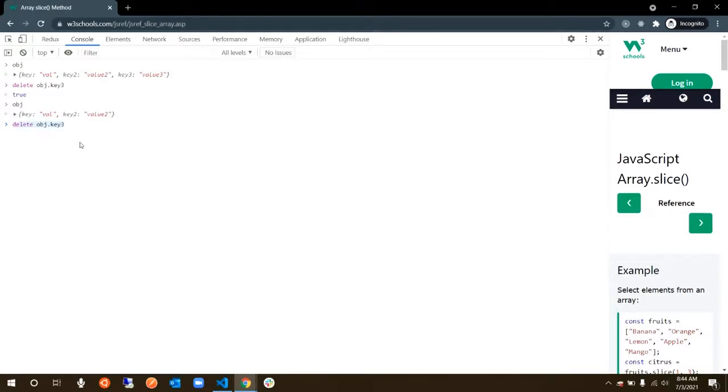Go ahead and do that as an exercise: delete only the value for an object property. It should say key2 is equal to undefined or key2 is equal to null. How do you do it? One way is directly by doing object.key is equal to null, or you can say undefined. Now again, if you access it, you will get undefined. That's one way. See if you can find any other way.